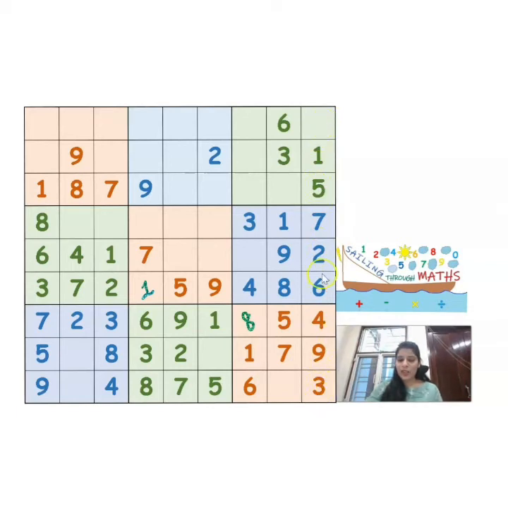Let's see which number is missing in this column from 1 to 9. 1 is there, 2 is there, 3 is there, 4 is there, 5 is there, 6 is there, 7 is there and 9 is also there. So the number which is going to come here is going to be equal to 8. Now if you check, we don't have any more rows or columns where only one cell is remaining.